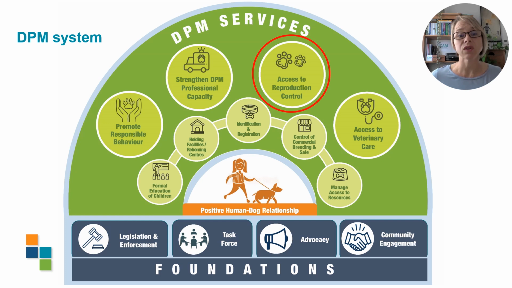Importantly, CNVR does not stand alone. It's part of this comprehensive system, and that's because population management systems don't just work to influence the breeding of the animals currently on the street, it also has to consider other sources of future street animals and work on those too, so that it's working on causes and not only symptoms.